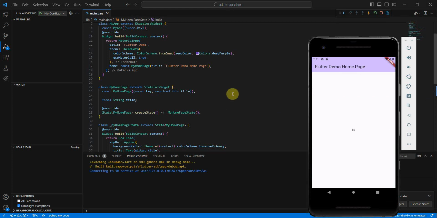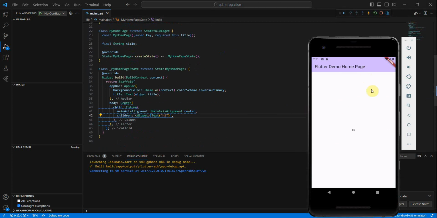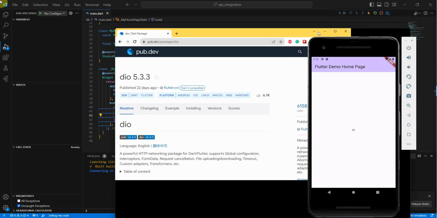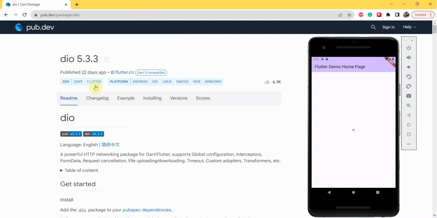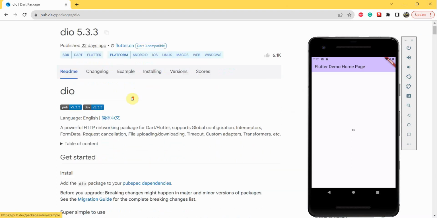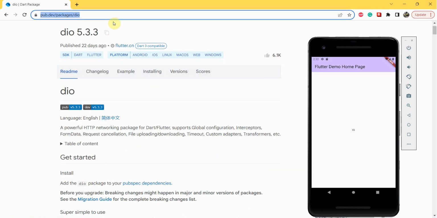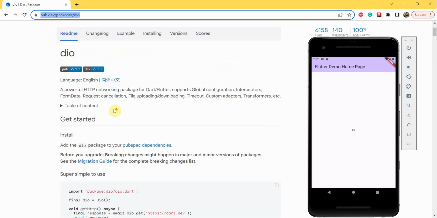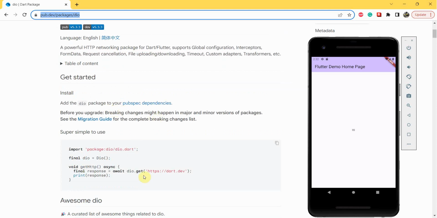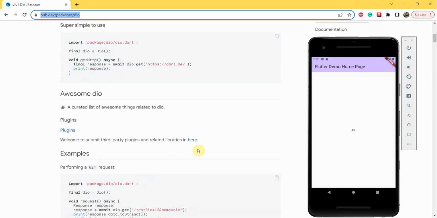So now that we have the app created here and we are running, right away we need a new structure that we haven't used to make HTTP requests. And the structure that we'll be using, the class or library, whatever you want to refer to it as, is Dio right here. And I'll provide the link as well so that you all can look at the documentation. But this essentially is what we'll use to make API calls. This is the bread and butter, essentially, just for making API calls from the client side